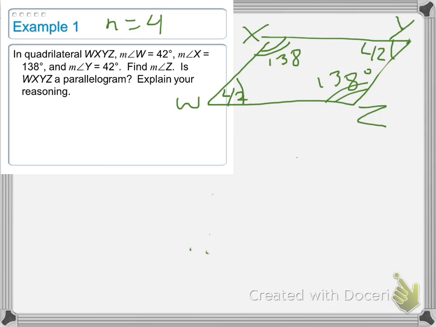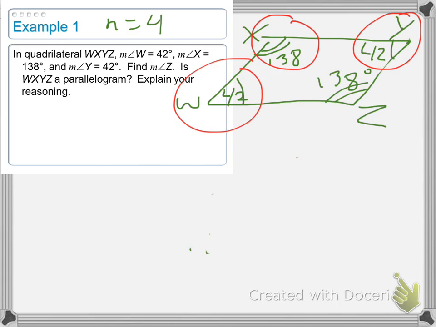Okay, it says, is it a parallelogram? Well, one of the theorems, the parallelogram theorem, says the opposite angles are congruent, and it looks like that. Looks like W and Y are congruent, X and Z are congruent. So I would say